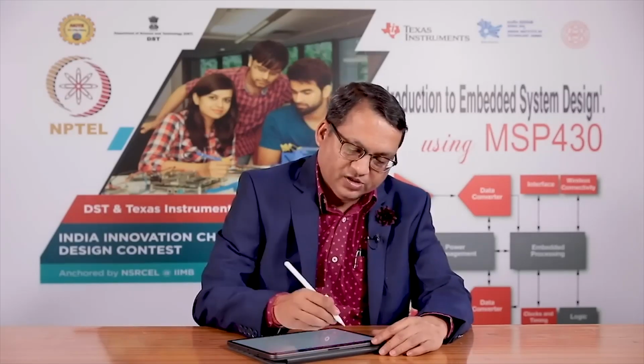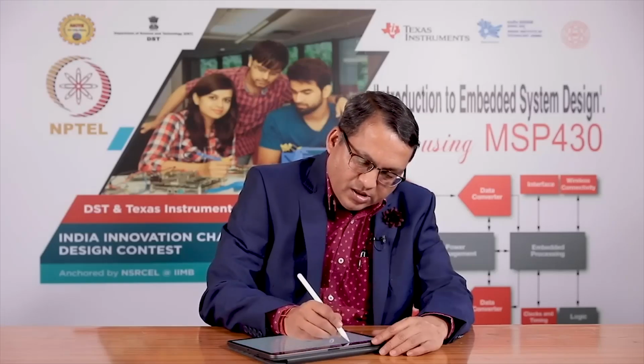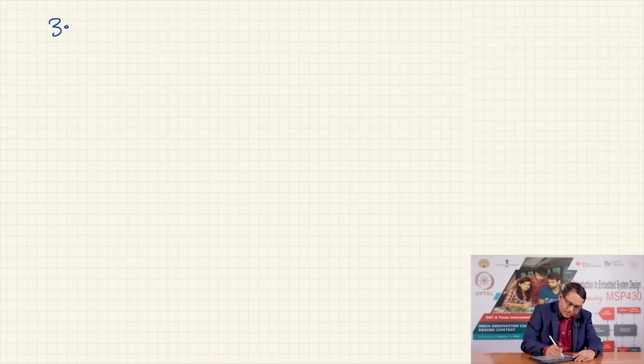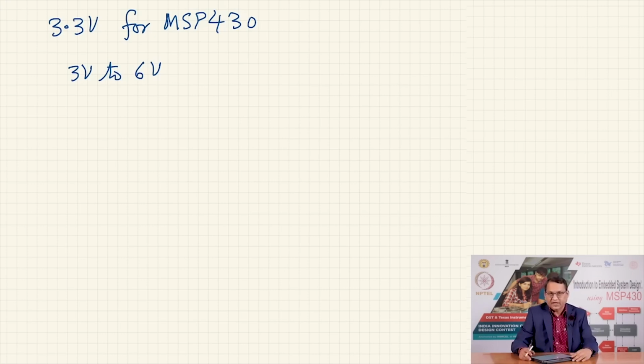For example, for MSP430, the expected supply voltage is 3.3 volts typically, whereas for the AVR microcontroller, it offers a wider range, anywhere between 3 volts to 6 volts they can operate, and therefore it becomes your responsibility as a designer to provide a smooth DC voltage of this or this value, so that your microcontroller can